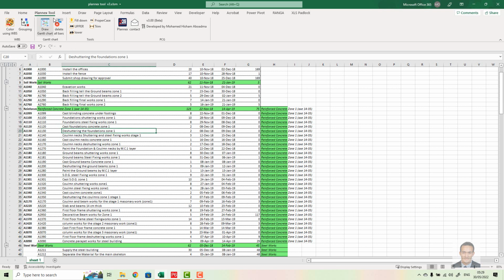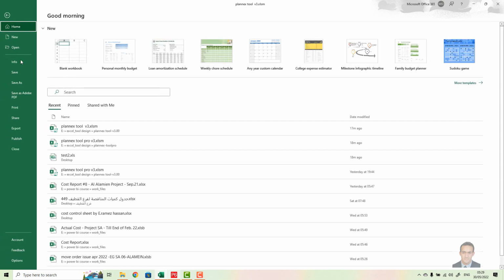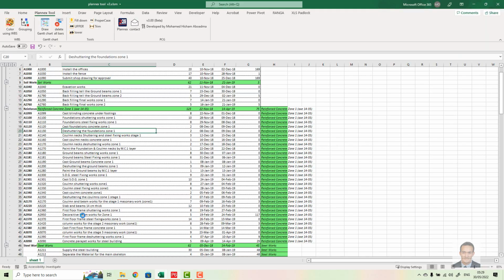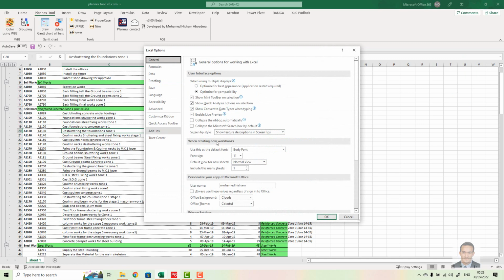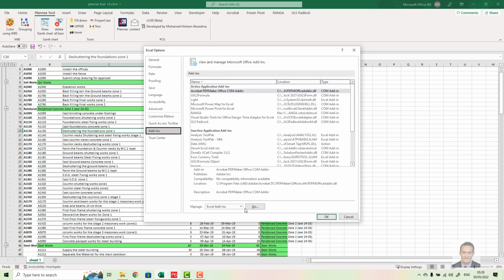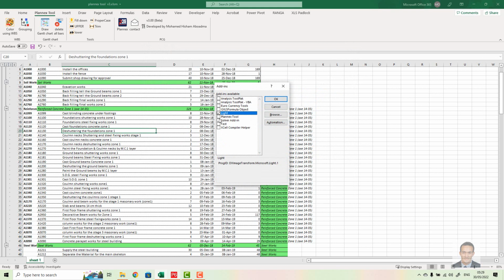How to replace this copy with the old copy if you already installed it? First, go to add-in from option, add-in, go, and make sure the old one is not activated.